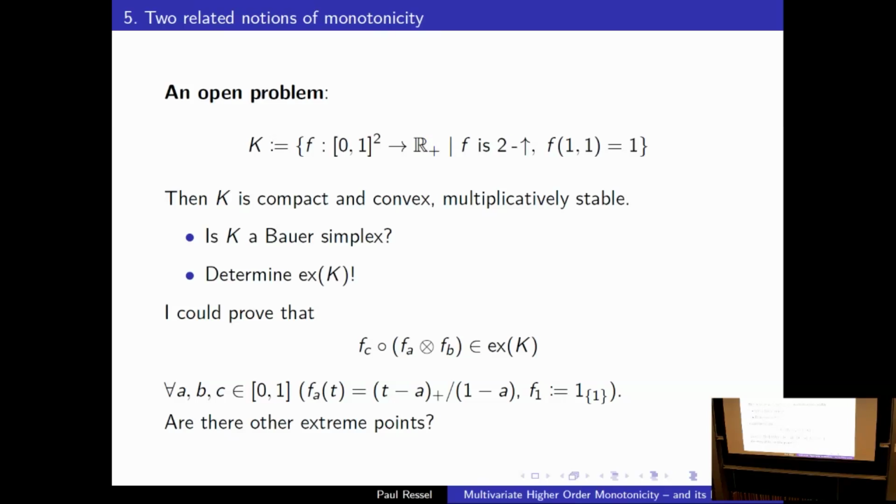Comments? Yeah. Are there Jensen type inequalities